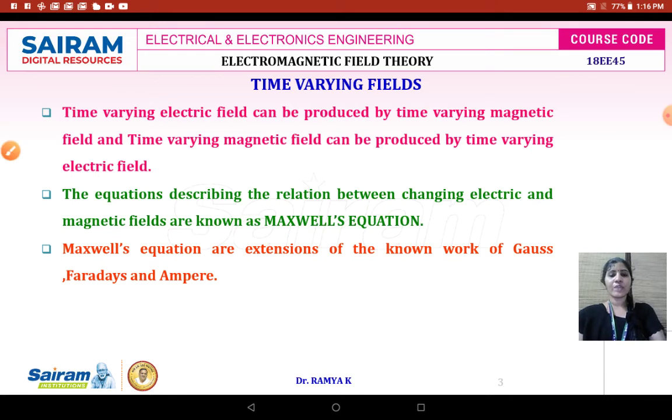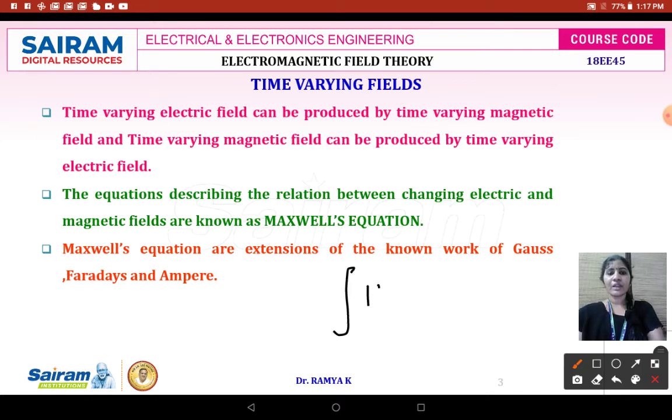Next, we are going to see about Faraday's law. Faraday's law we'll discuss in detail. The last one is going to be your Ampere's law. Ampere's law states that the magnetic field intensity coming out from any closed surface is equal to the current enclosed in that surface. This is just like in a short circuited path only the current flows. In a closed circuit only the current flows. So this is going to describe the equation of your magnetic field intensity.